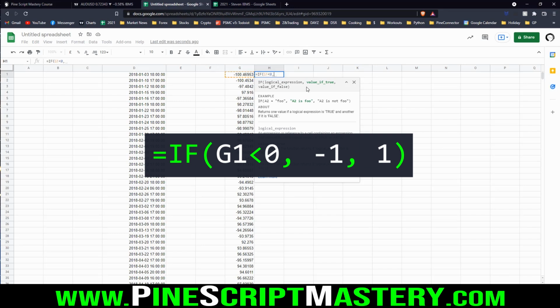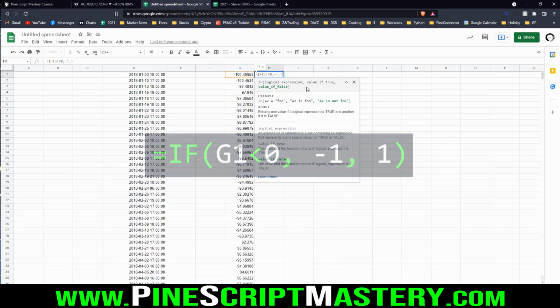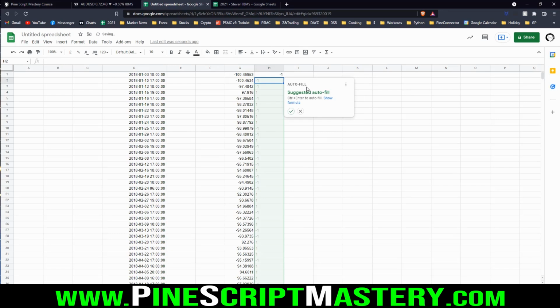So if G1, the cell G1 is less than 0, that's a negative number, that means we lost the trade. I need to put -1 there. And if I put another comma in, this is the value that gets put in the cell if that condition is not true. So if G1 is not less than 0, that means it must be a positive number. And so we won that trade. And so I just want to put 1 in there. And now if I close off that parentheses and hit enter,